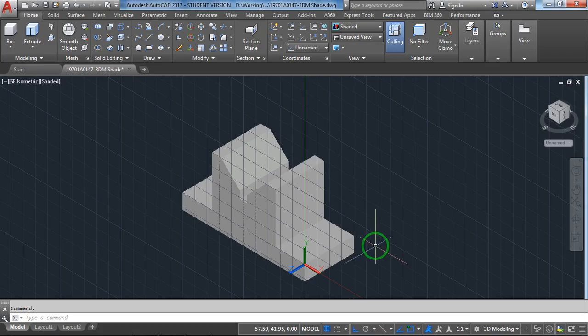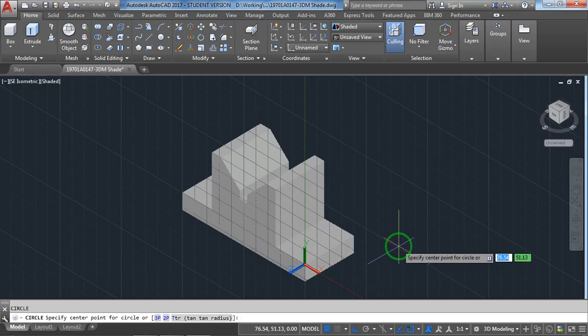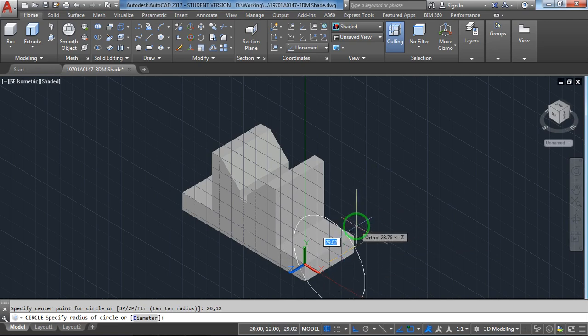Now here I am drawing circles. C, enter. 20 comma, towards this, 20 comma 12. Oops.